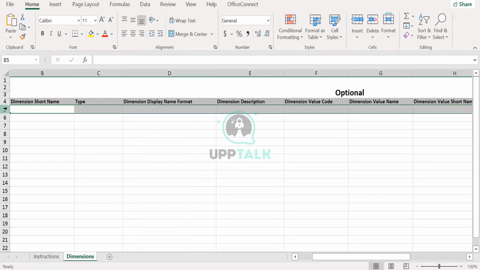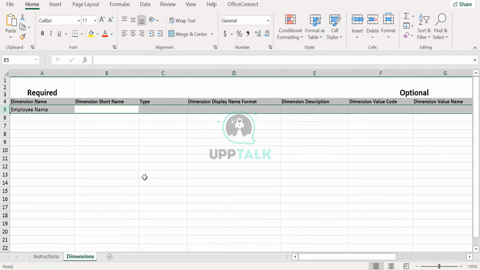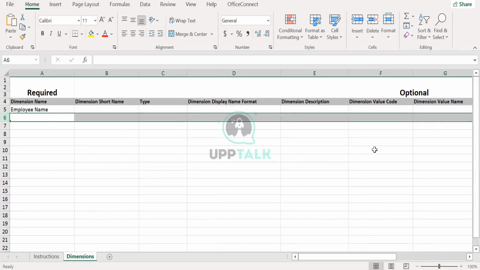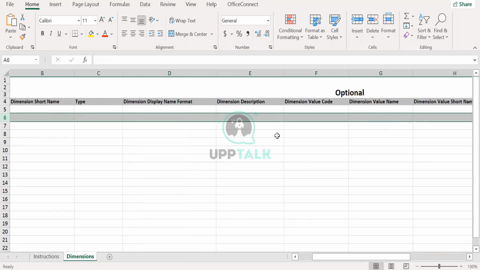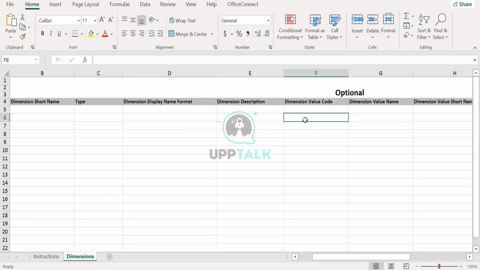You wrote the name employee name here. But when you write the values, you start from the row below. Always remember in the template, whatever you do, you should keep the entire row blank, and in the next row you will write the values. Same goes with your attributes. Same goes with your accounts also. Now I want to create certain values here.